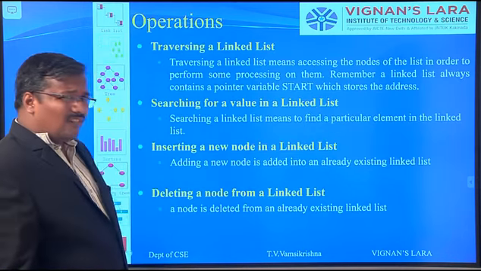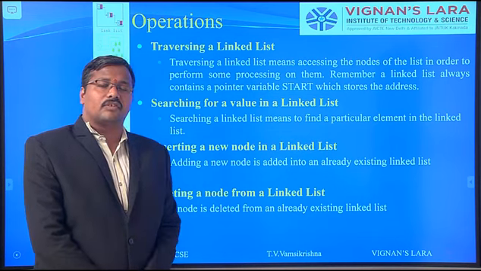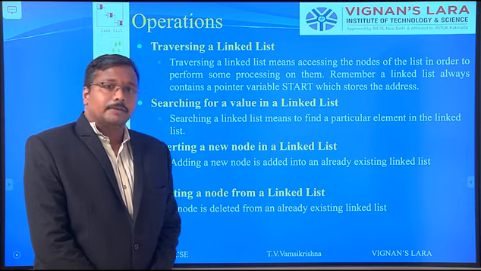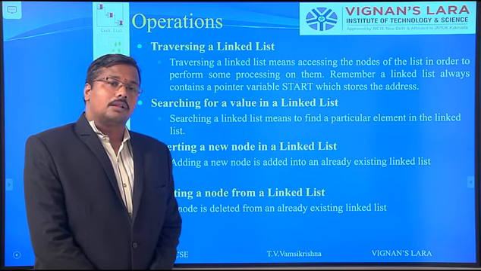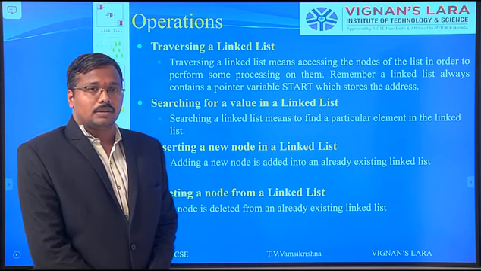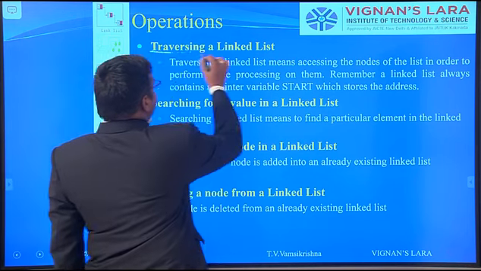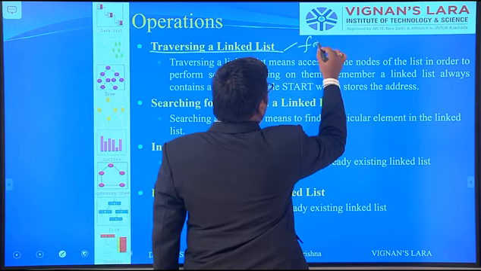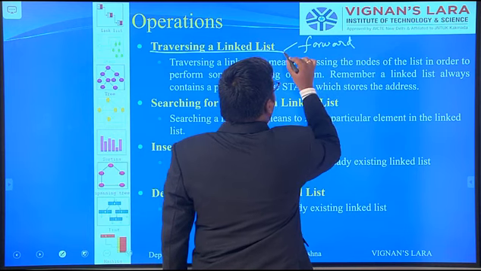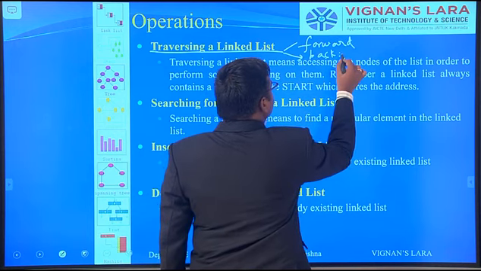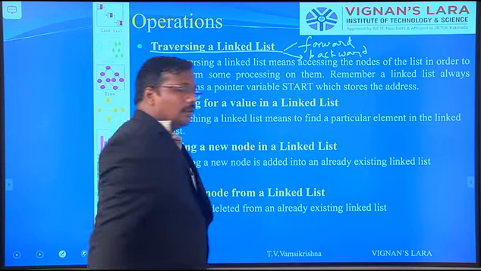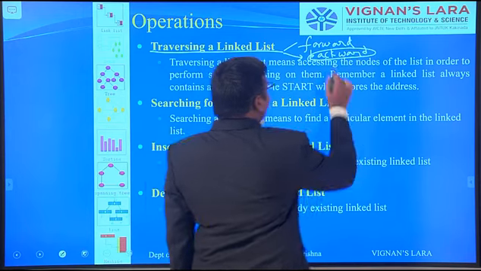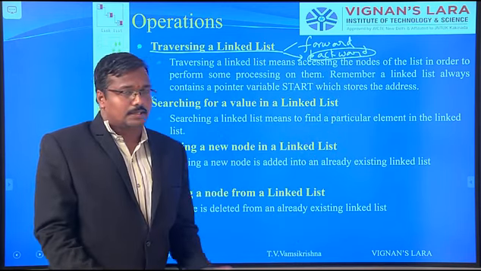Next, what are the different kinds of operations which we can perform on a doubly linked list? What are the operations which you can perform on a single linked list? All the operations you can perform in the doubly linked list also. So traversing: here two types of traversals are there. One is forward traversal, another one is backward traversal. This is the only extra thing here you are getting. In case of searching, you can search for an element here also.